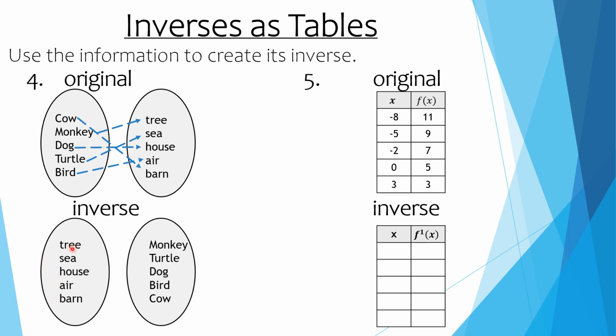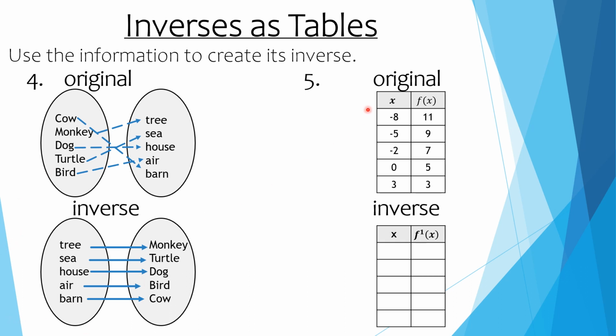The tree goes to the monkey, the sea goes to the turtle, house to the dog, air to the bird, and barn to the cow. And it doesn't matter which order you write those in. I just copied the original output values in that same format and then rearranged them with the correct